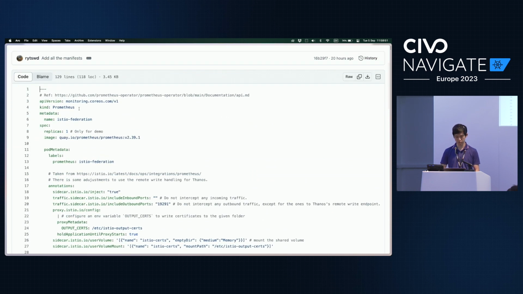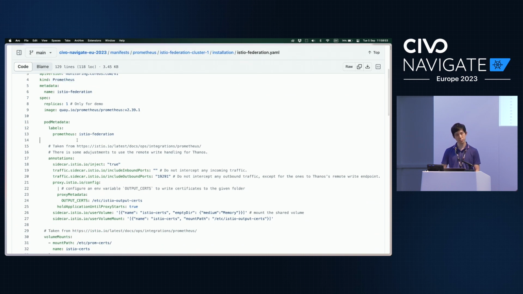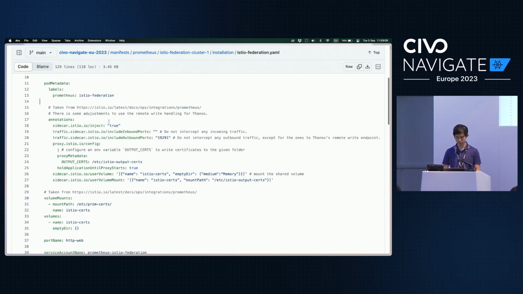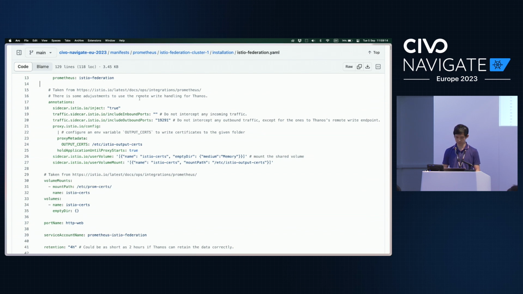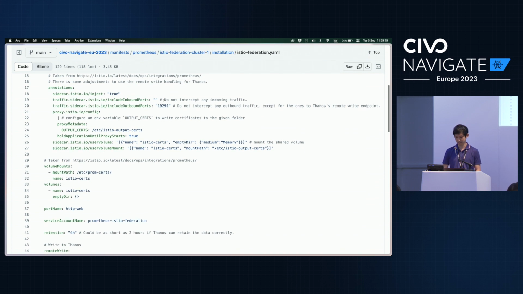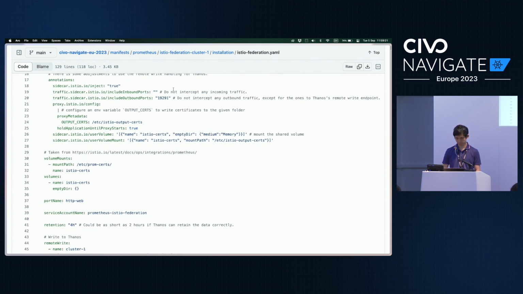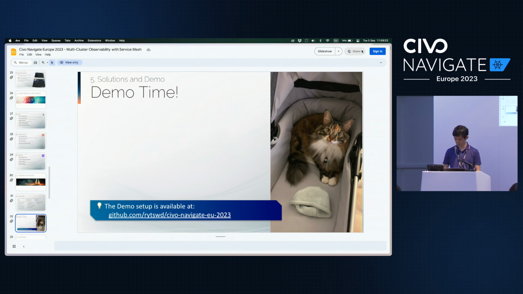Simple Prometheus CRD with Prometheus operator, but there are a few things that happen with Istio-specific annotation. So if you were to really use Prometheus with Grafana and Thanos and Istio, you may want to look at these manifests to see what are the key aspects that you want to integrate. I should have most of the special setup in some comments. So yeah, that should be a reference point, hopefully. So with that, I'm just going to go back to the slide.